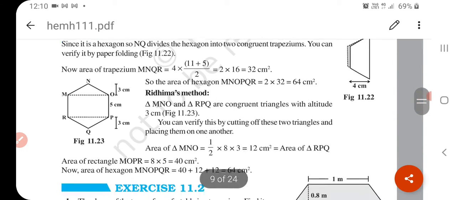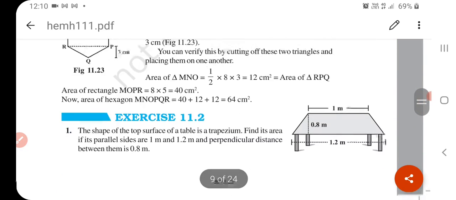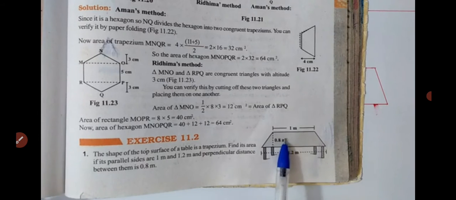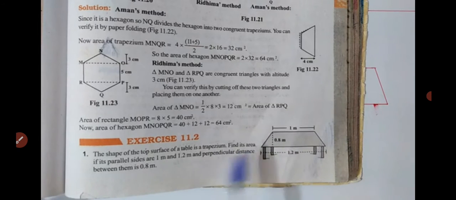I hope you have completed example number 1, 2 and 3. Now we will do exercise 11.2 question number 1. Okay, understand? So what is question number 1? Question number 1 is: the shape of the top surface of a table is a trapezium. Find its area if its parallel sides are 1 meter and 1.2 meter and the perpendicular distance between them is 0.8